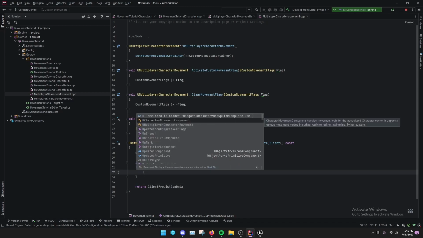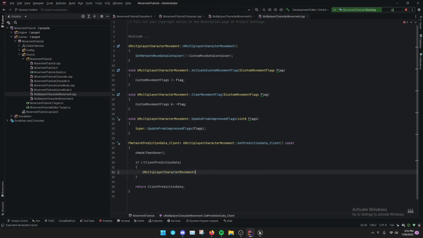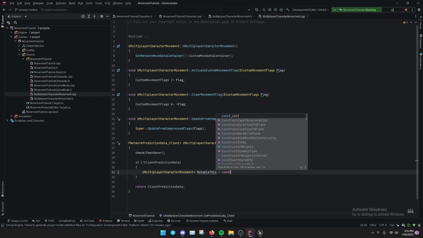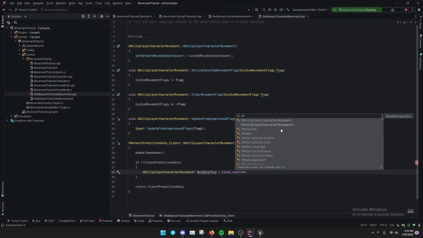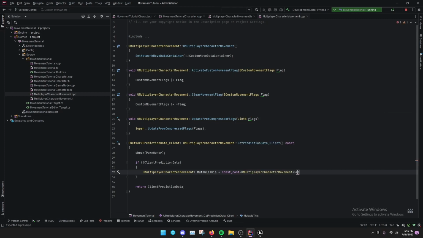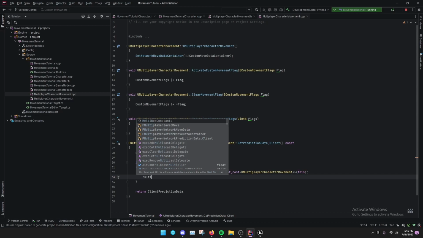So get a pointer to the character movement component. So this will be mutable this equals const cast. Since what we're getting from is technically const, this allows us to override the variables within the character movement component in a sense. So once we do that, we can do UMultiplayerCharacterMovement and make sure the template parameter has a pointer, and do this. Then go from mutable this,